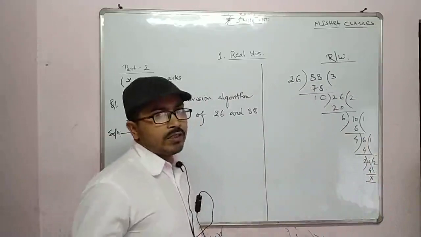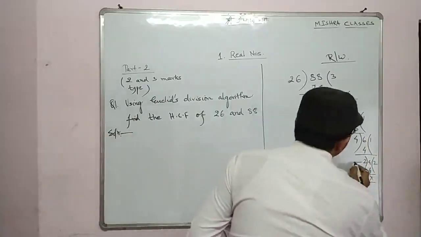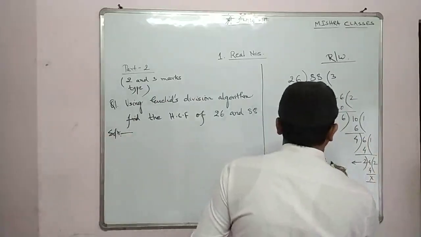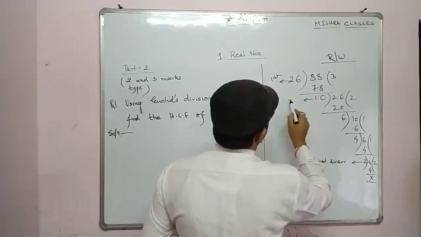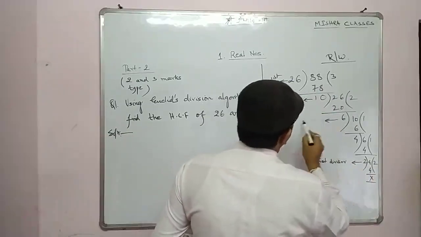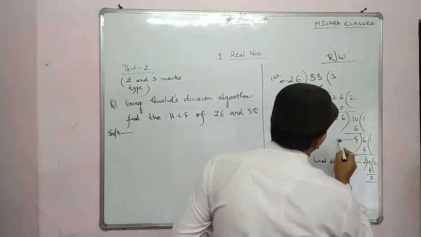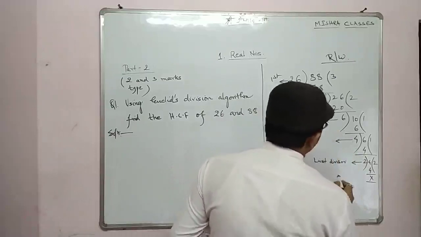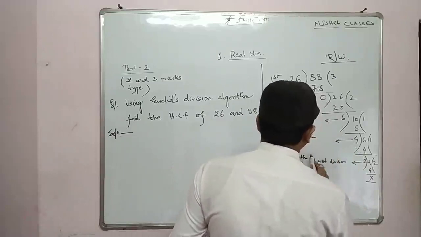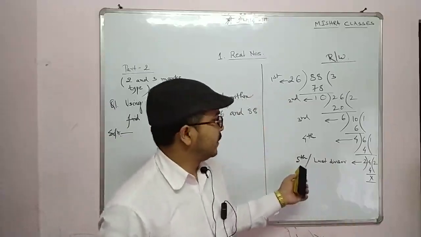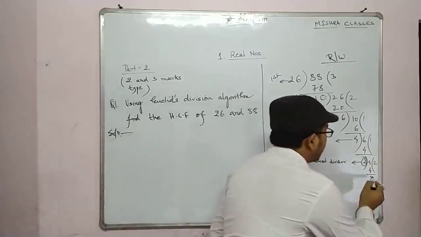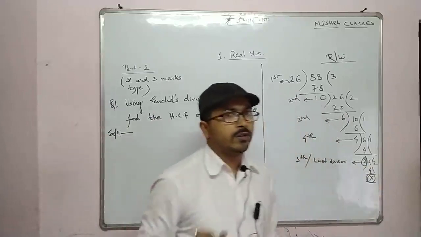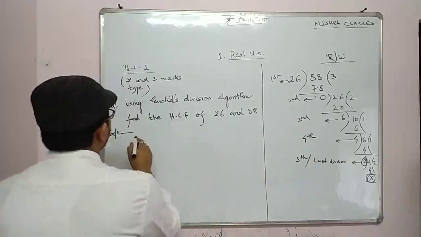So what is our last divisor? This is first, this is second, third, fourth, so this is our fifth, or last divisor. Now this last divisor is our HCF. When do we have to stop? When the remainder is 0. Then only we have to stop. Is it clear? So we'll write like this: using